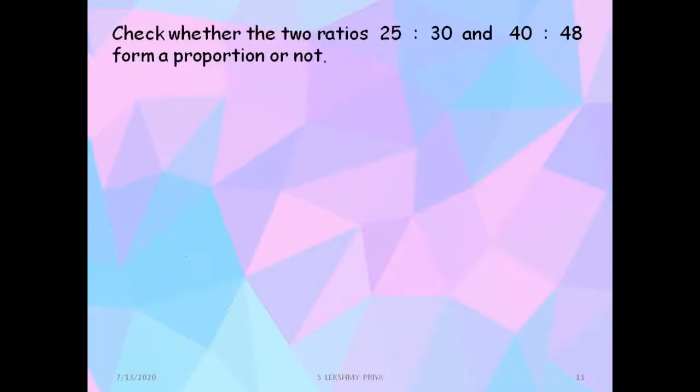Let's see one problem. Check whether the two ratios 20:30 and 40:48 form a proportion or not. For this, let's consider the ratios separately. Let's consider the first ratio 25:30. We can write this one in the form of a fraction